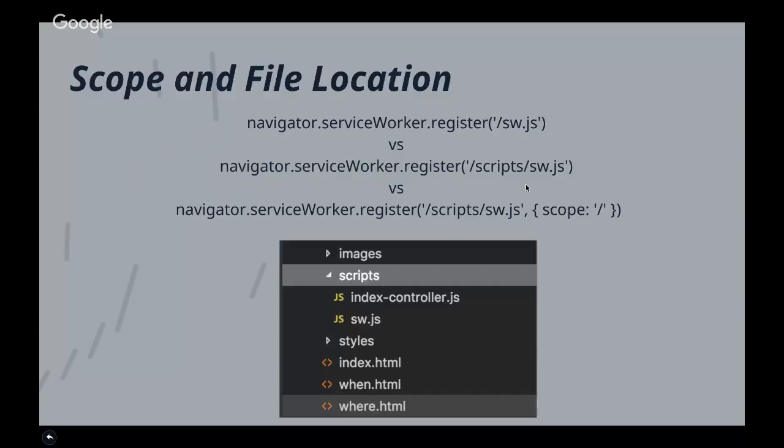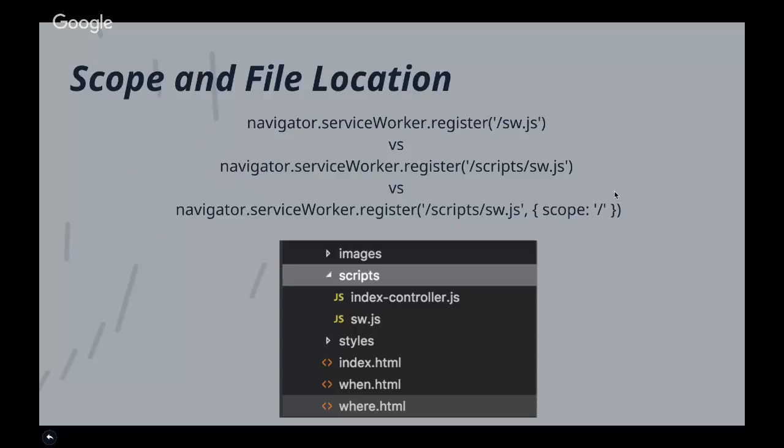And then when this went in, you have enterprises coming in to tell you that, hey, we can't change our folder structures because we need to put our scripts always inside the scripts subfolder. But we still want your service worker to capture everything from the root. So to handle that, this new scope property was introduced together with a server header called Service-Worker-Allowed that needs to be set to true for it to work for everybody.